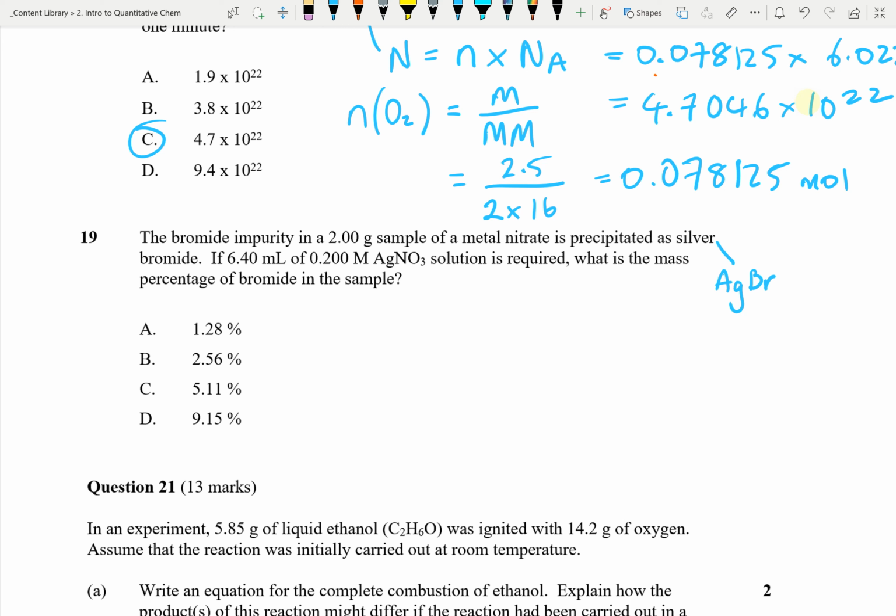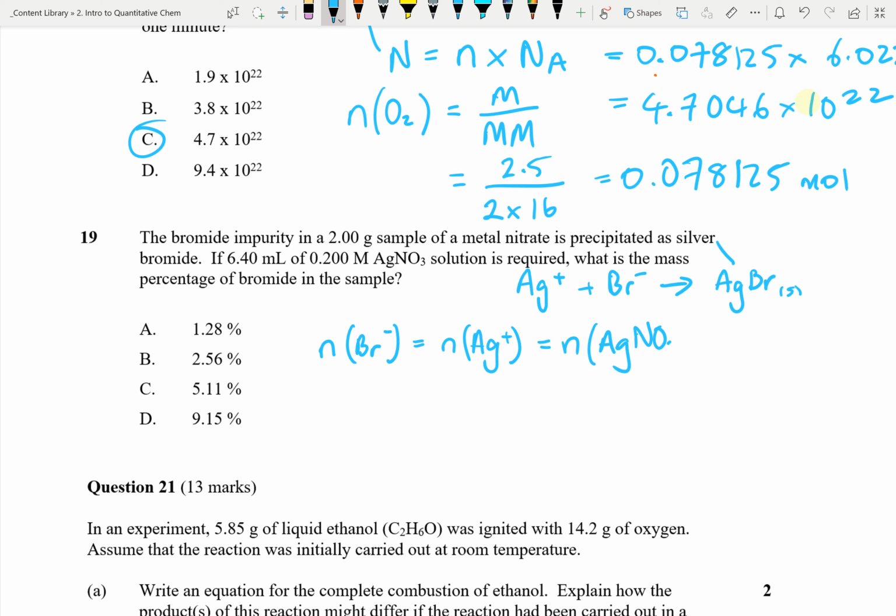What you probably first need to understand is the silver ion is bumping into one bromide and making one silver bromide. So this is the actual reaction that takes place. Nitrate would be called a spectator ion. This is all a 1-to-1 ratio, so this makes it very easy. So the moles of bromide are going to be equal to the moles of silver that I use. And the moles of silver is equal to the amount of silver nitrate that I put in, and that's going to be C times V,